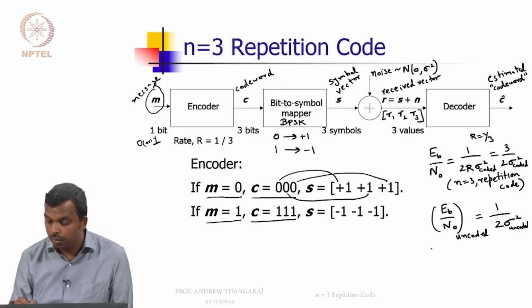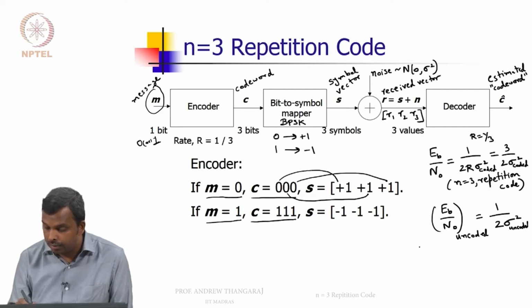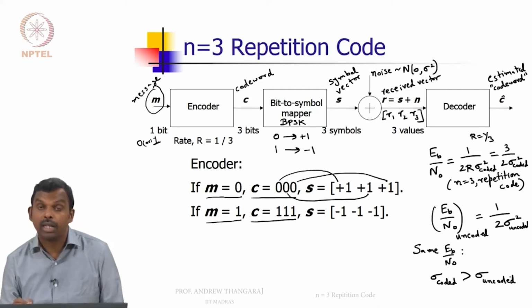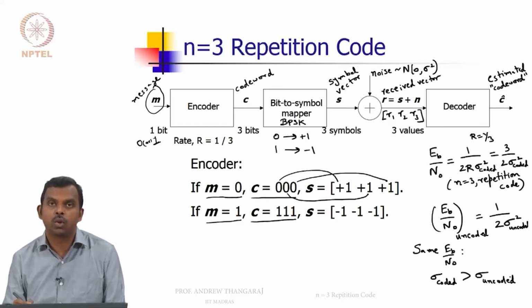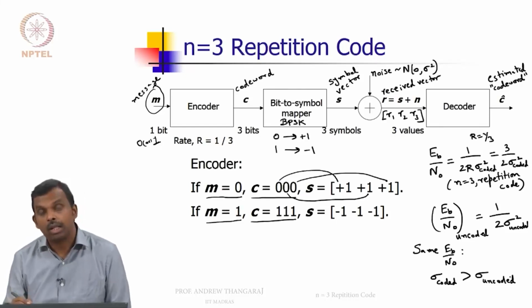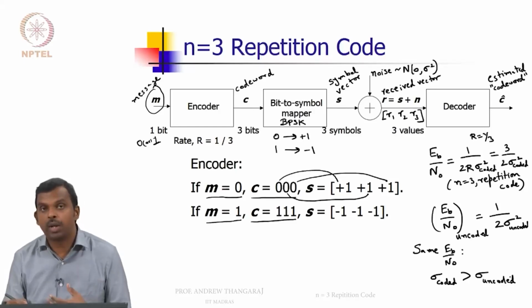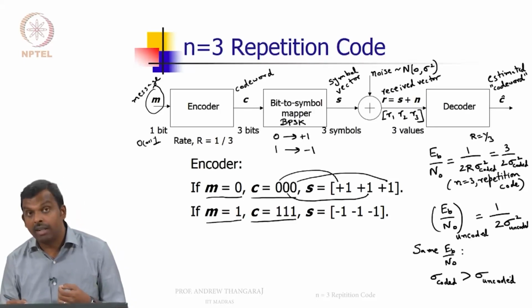Okay. So, for the same Eb over N naught, sigma coded will be greater than sigma uncoded. So, this is something that one needs to remember when you do simulations for error control codes. You will fix your Eb over N naught and you will find the sigma corresponding to that. Okay. So, now for the same Eb over N naught, in the coded case you will get a worse noise,